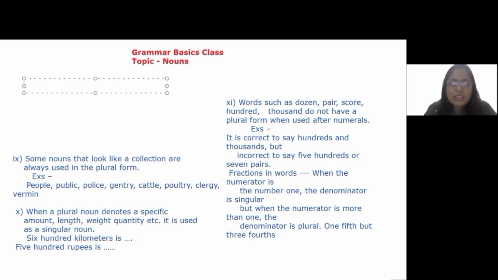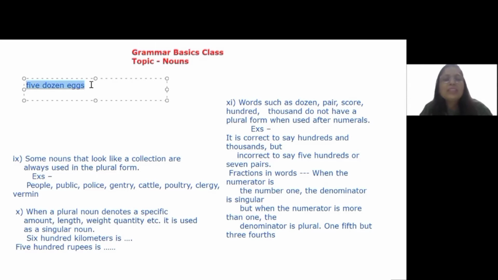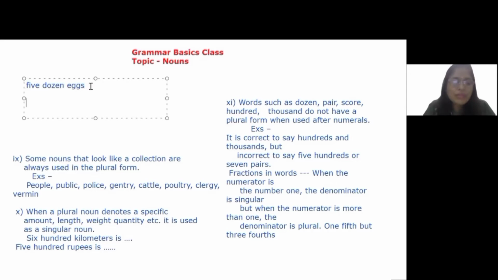I'm going to put two sentences and think for yourself which one is correct. 5 dozen eggs, or let me copy this and paste this for you once again. Which one is correct? 5 dozen eggs or 5 dozens eggs? It's very difficult sometimes to decide which one is correct because the difference is minute. Not only that, it is confusing. Why is it confusing? Because this